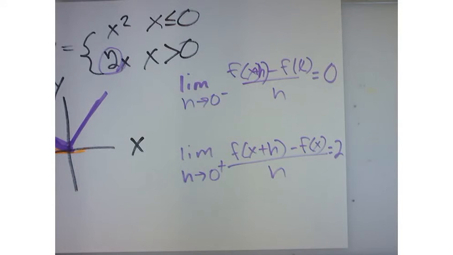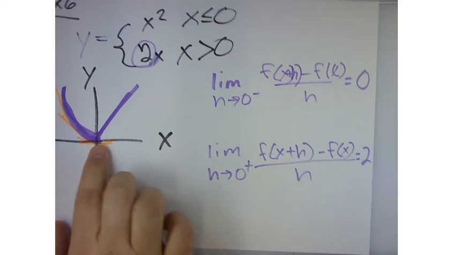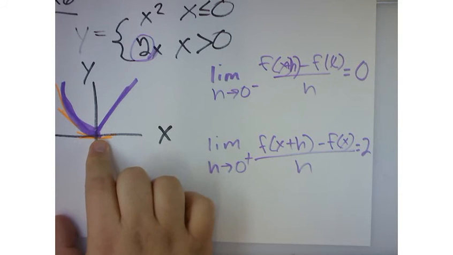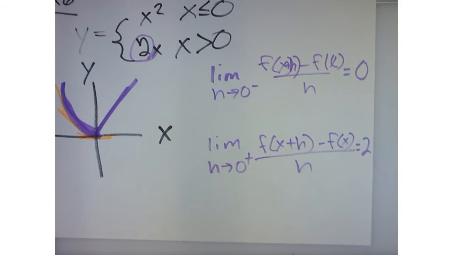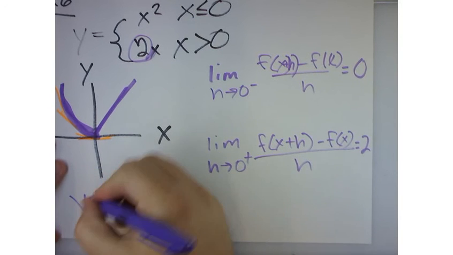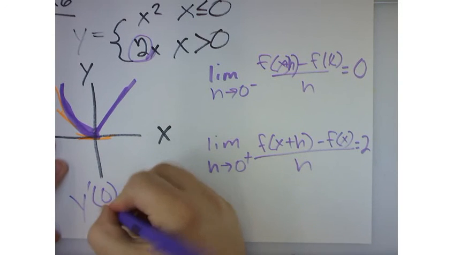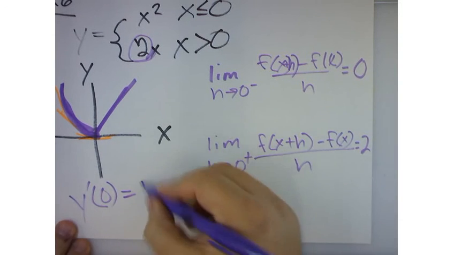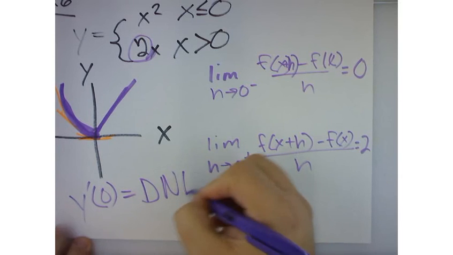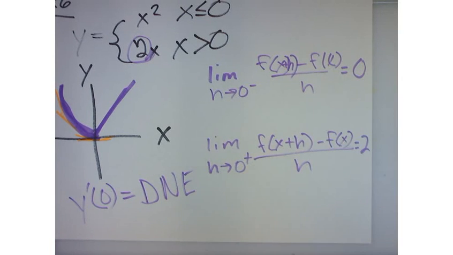So now my question to you is this. What is the two-sided derivative at 0? What is the derivative? In other words, what's y prime evaluated at 0? 0. Does not exist. Okay. Because the left-hand side doesn't equal the right-hand side. Okay? Okay. Now, before you guys leave,